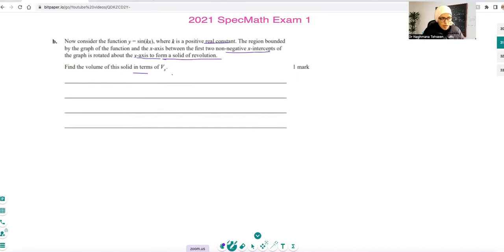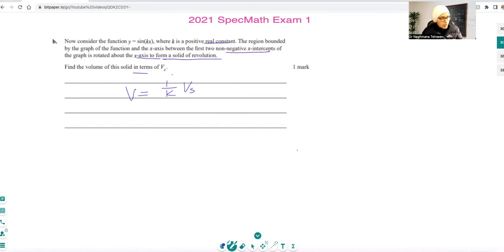What is happening is, if we notice, the function was y equals sine x. Now it's y equals sine kx. So the solid is being dilated by a factor of 1 over k in the x direction. So what does that mean? We could say that the volume is going to be 1 over k times Vs,